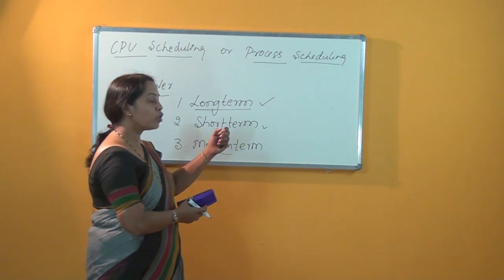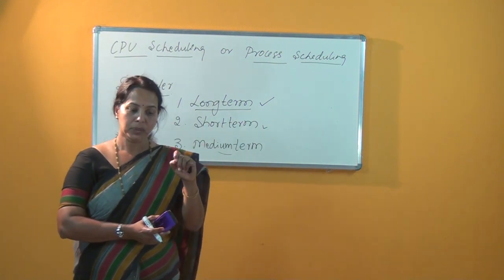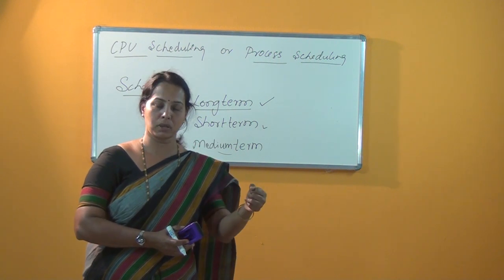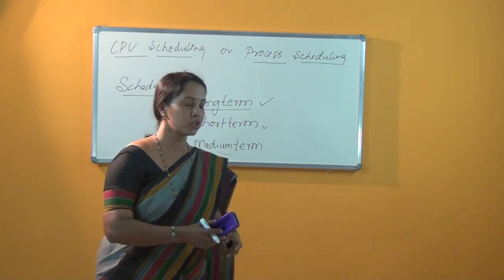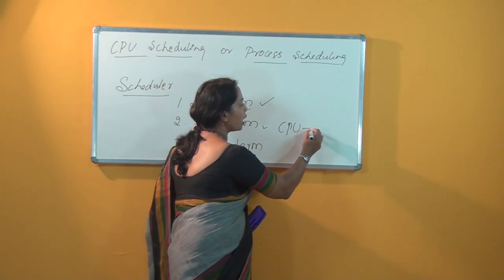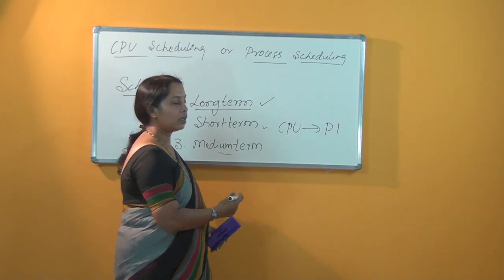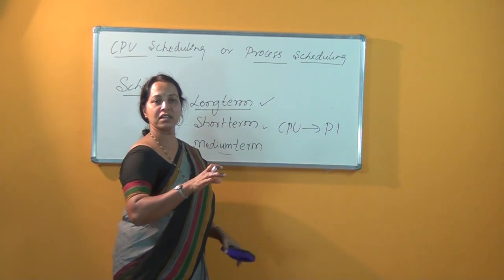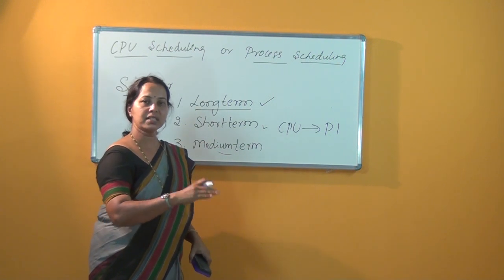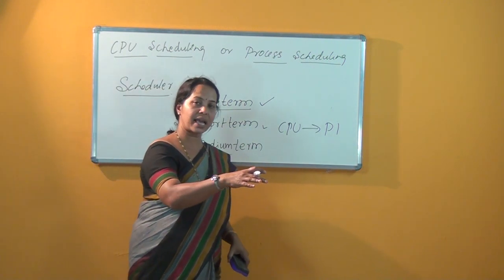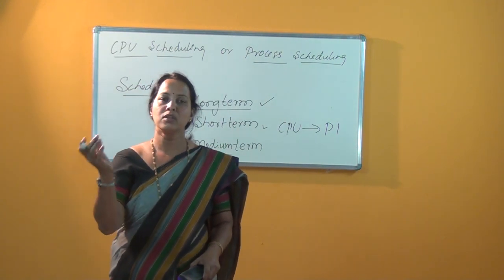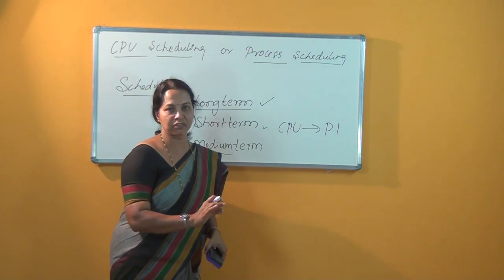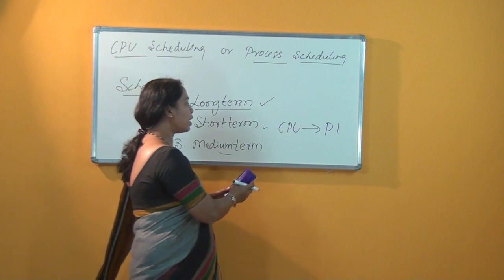In preemptive processing, the operating system can preempt, or take away, the processor from the process at any time. So once the CPU is assigned to, say for example, process 1, this CPU can be taken away from the process at any time in case of preemptive processing. Whereas in non-preemptive processing, once it is allocated, it cannot be taken back, and the process will release the processor only after the completion of the job. So therefore, in multi-programming,